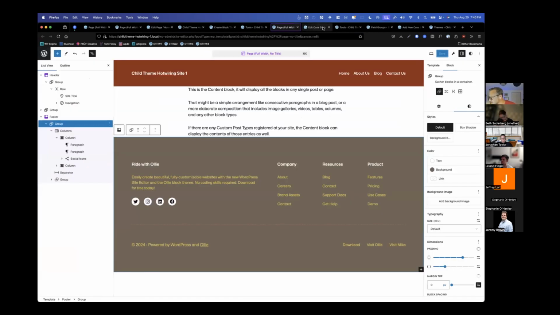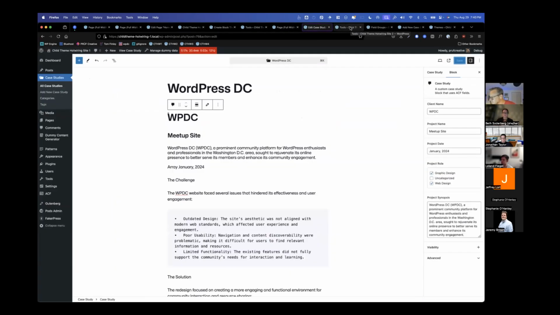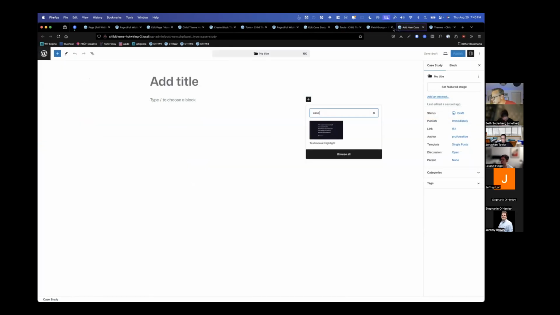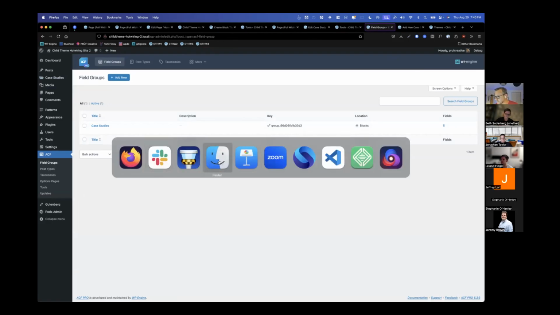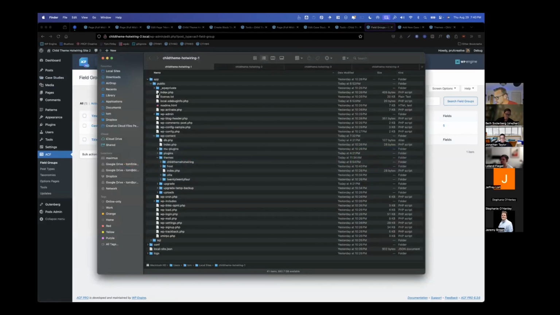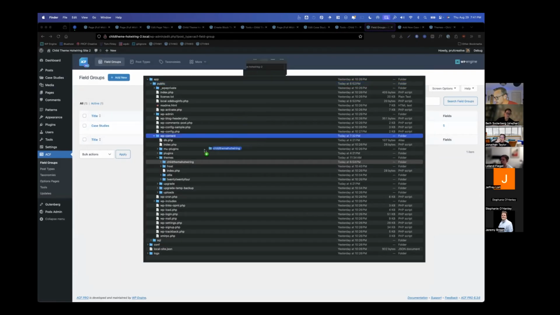So let's see here. Let me find number 2. And okay, there's number 2. Now, what I'm gonna do is get into my child theme, and I can actually just copy and drop that right in.